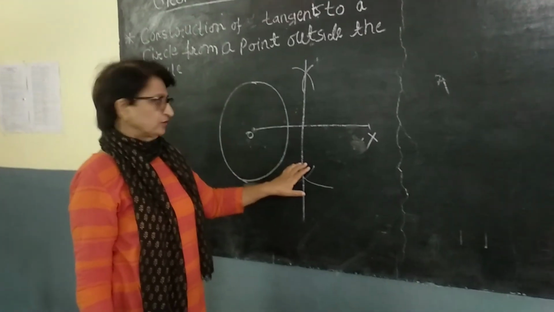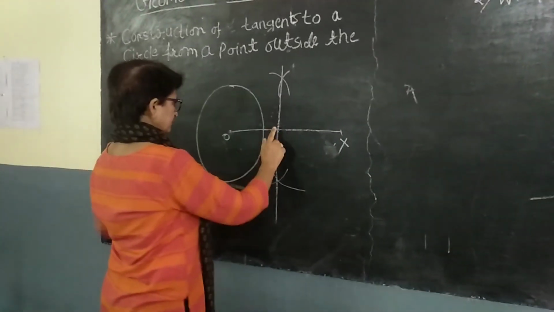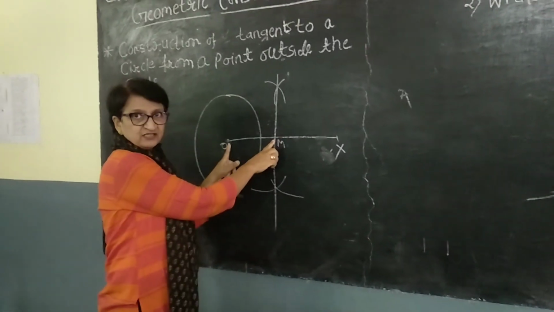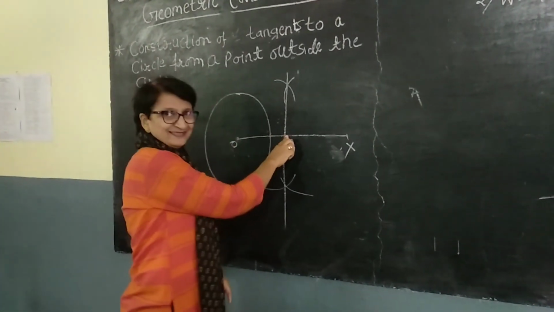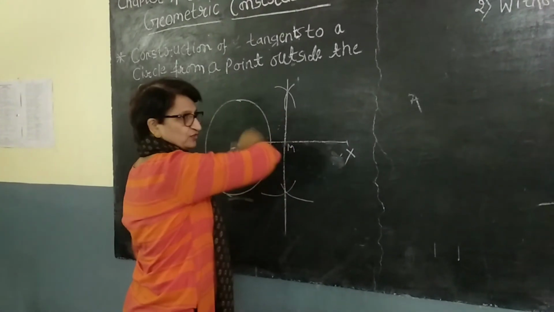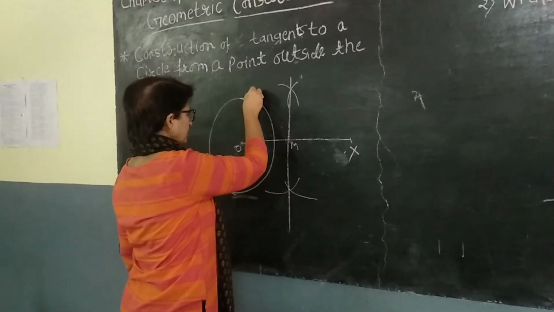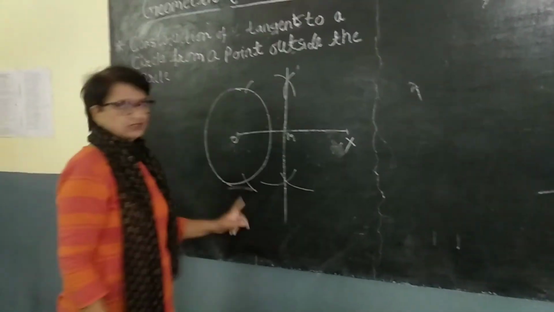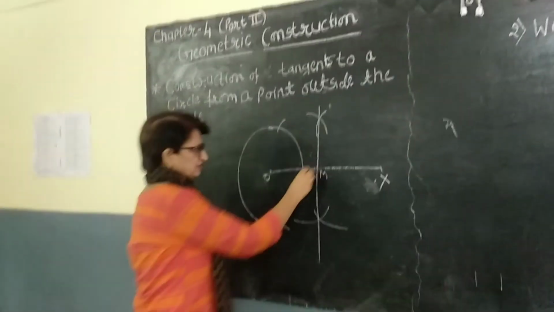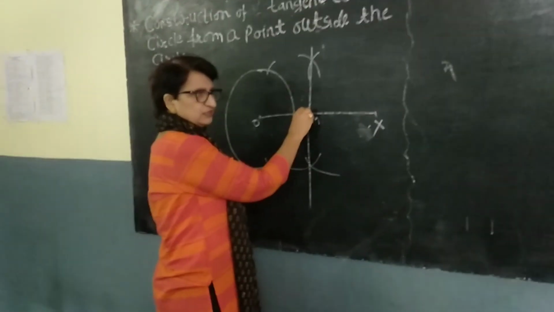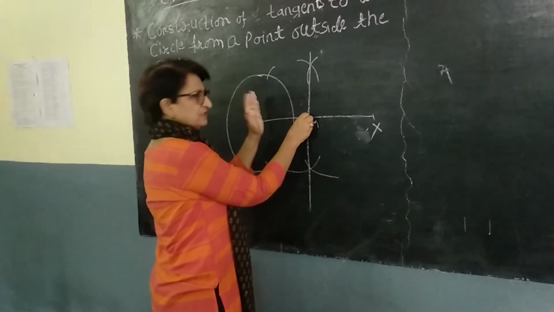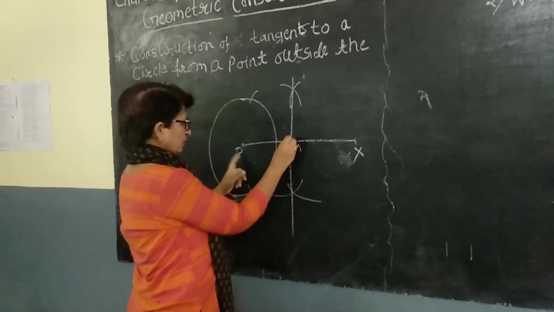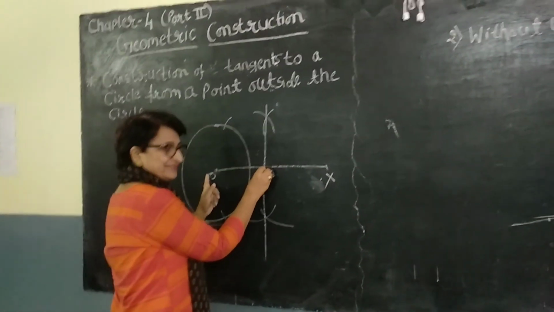Okay? Now what you are going to do, you take the radius OM. Take the radius OM and with M as the center and that radius which you took OM, draw an arc out here and out here. Cut an arc out here and here. Or you can draw a semicircle also. It is not necessary for you to draw it because what is important is my cutting the circle at these 2 points. What I said, OM is the radius.